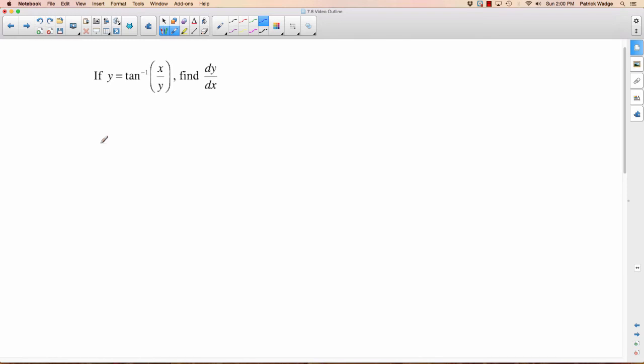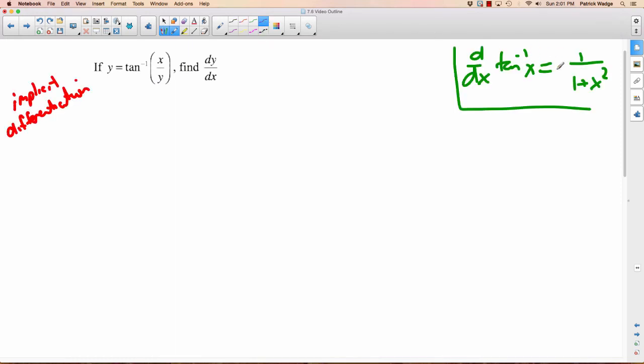If y equals inverse tan of x over y, find dy/dx. Can't isolate that y. You're going to have to use implicit differentiation again. Okay, I've written the derivative over here to help us out, and what we want to know is the derivative of both sides in terms of x. So first of all, the derivative of y is 1, but there's a y there, so it's 1 y prime, or just y prime, equals inverse tan, here it is right here, it's equal to 1 over 1 plus x